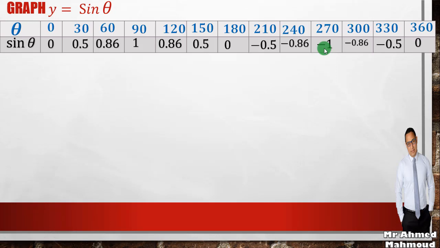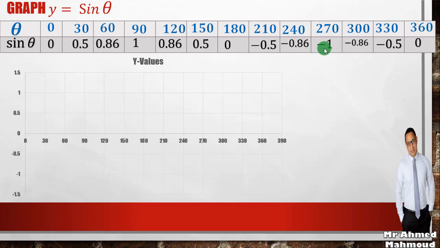Okay, now I'm going to graph the function like this. This is the graph. Note, I make theta on the x-axis and sine theta on the y-axis. In the x-axis I made it table 30: 0, 30, 60, as you see here. Now I will start with 0 and 0, 30 and 0.5 here, 60 and 0.86 here, 90 and 1 here,